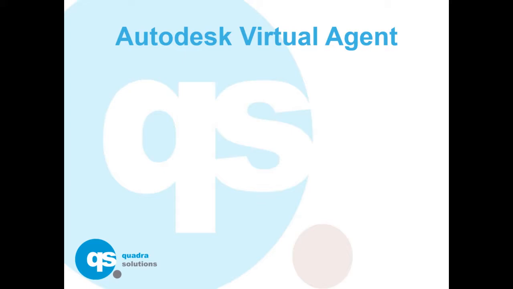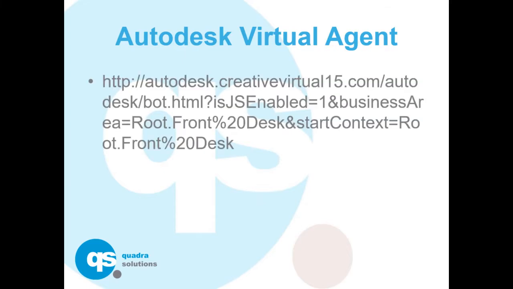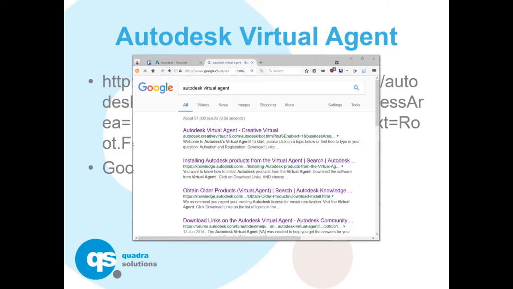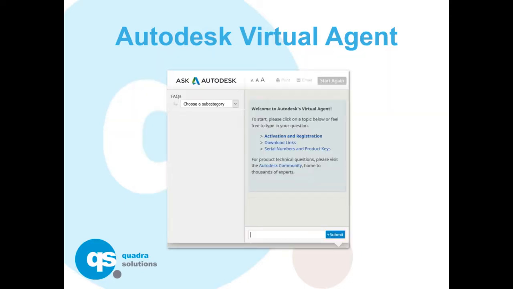Okay, the next option is using the Virtual Agent. The link is quite long for the Virtual Agent. In all honesty, the easiest way to find it is just to Google it. And you can see here the top few links relate to the Autodesk Virtual Agent. One of the links even tells you how to use it. This is the Virtual Agent. First, we're going to click on the Download Links,